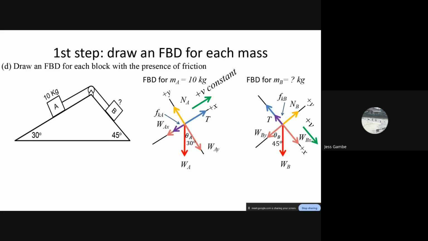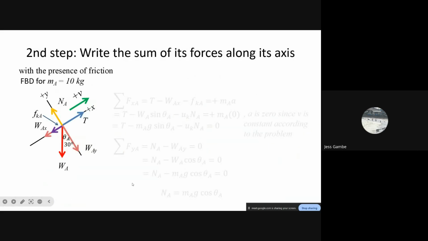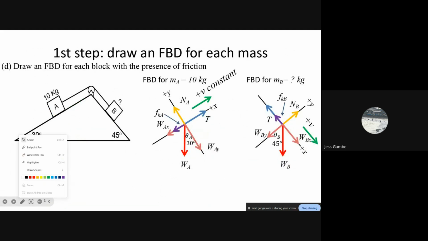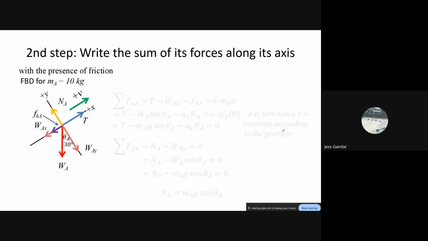For MB, same thing. Mass B is going downward, so friction prevents it from speeding up its descent. So its direction is here, just the opposite direction. It prevents the descent of your mass. Okay? So with the presence of friction now, which was absent earlier,